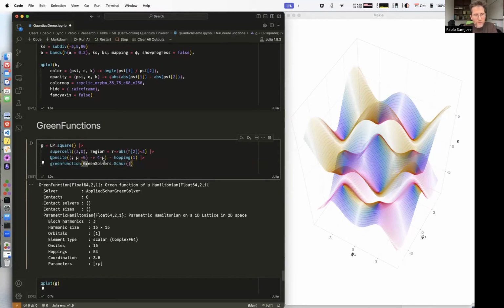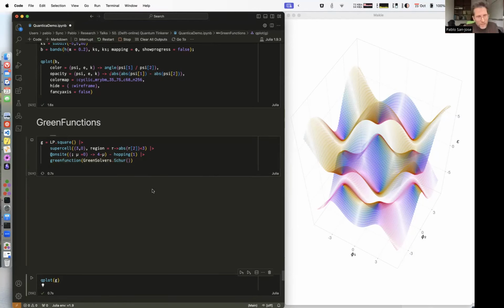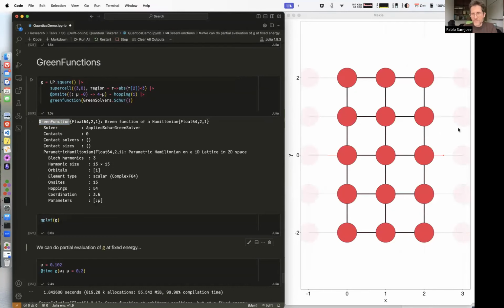And this is one of the solvers in Green's function. This is the Schur solver, which is essentially what I think Quantica uses for leads. It's the kind of algorithm from Michael's thesis, no? So if you do this, you get this object, the Green's function. You can also plot it. In this case, it's a very simple nanoribbon like this. And then this G, you can evaluate it to obtain the actual Green's function, but you can